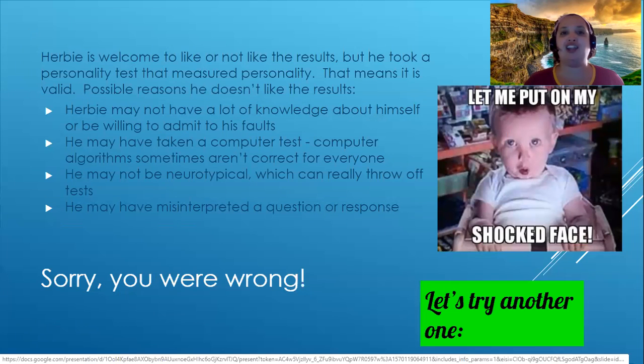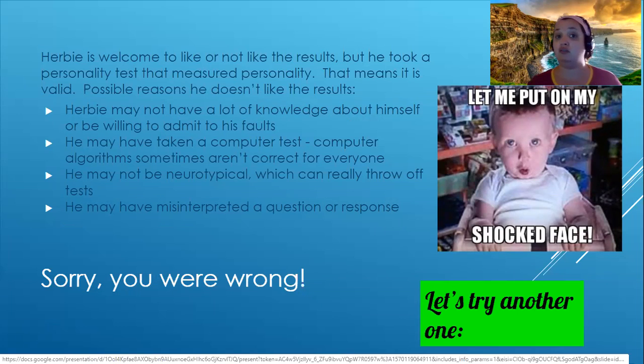A human might look at this and say, okay, wait a minute, yeah, he said this, but look at question number 4 and look at question number 8, and I would change how I respond to this. But a computer doesn't always have that ability to know if question 4 says this, look at question 8, unless it says this, and look at question 9, and if it says that, look at question 17 and 16. Like, it can't always be programmed. So sometimes computer tests, they have to measure, and they're very limited in how they measure. So it's possible that that's not a good type of test for him to use.